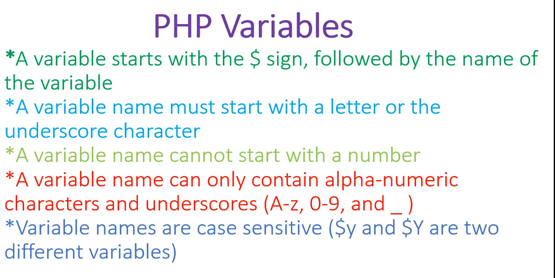So if you are going to declare x5, x6, you use the $ sign and x5, then whichever variable you want to declare, you can declare. Our next point is that variable names are case sensitive. The $ sign with small y and the $ sign with capital Y are two different variables. It's not singular, it's two different variables. I hope there is no problem when you declare a variable. I'm going to demonstrate a very tiny little program so that you understand it very well. So let us start.